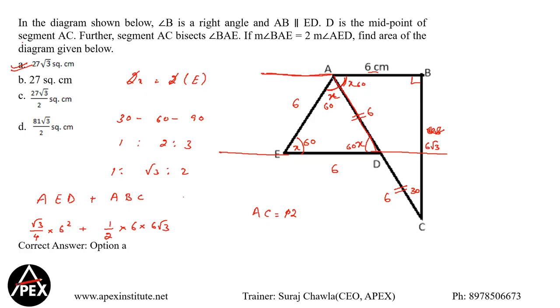You can cancel 2's from both ends. So this is going to be 2 3's are. And this is going to be how much, guys? 36. So 4 9's are. So we have 9 root 3 plus 3 into 6. That's going to be 18 root 3. So 9 root 3 plus 18 root 3. Your answer is going to be 27 root 3, which is going to be option A. Clear, guys? So let's stop here.